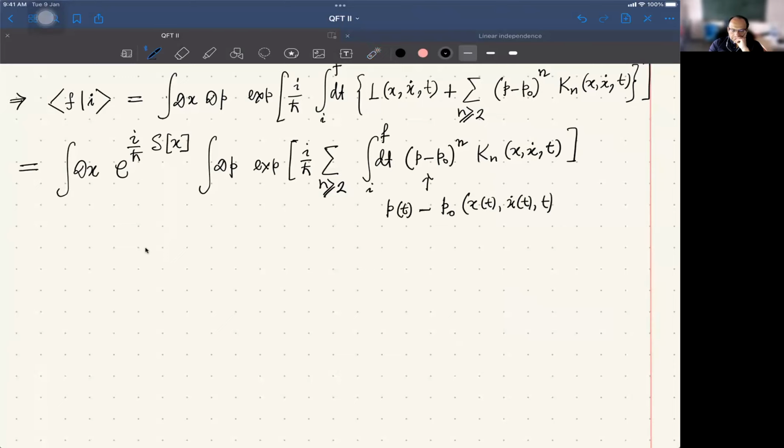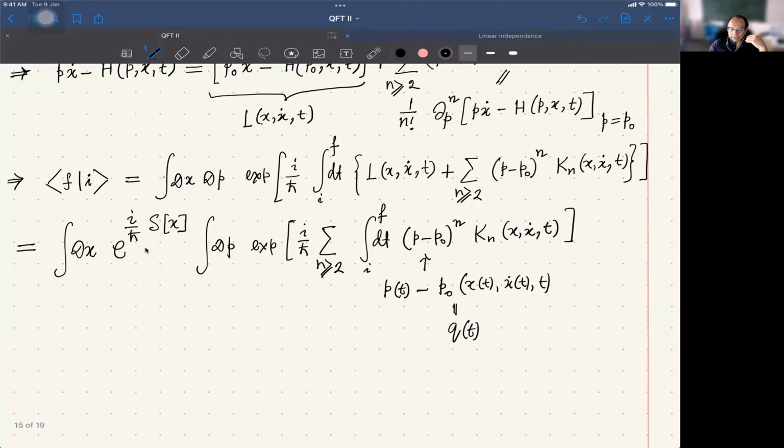So for a fixed x, fixed path, this is a constant for the p integral. So let us define this quantity as a new variable, say q of t. However, in doing what we want to do, higher powers of p integration will be giving